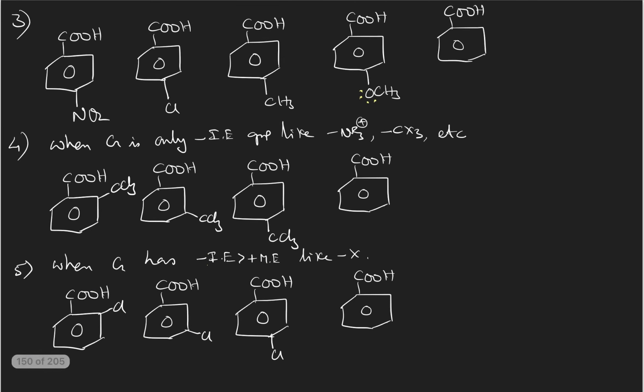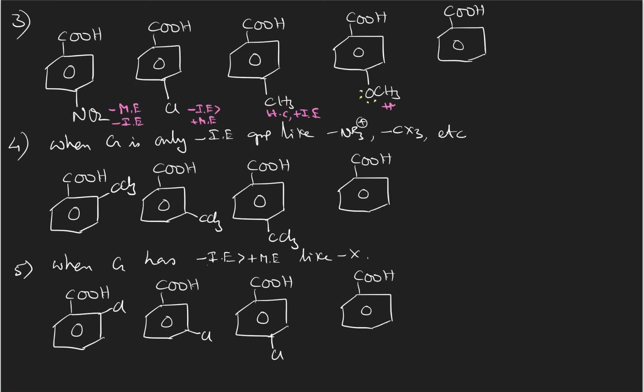Then coming to the same groups now at para position. When the groups are at a para position, mesomeric effect and inductive effect both are possible. So now if you take here, it is a negative mesomeric effect and also negative inductive effect. And here negative inductive effect is stronger than positive mesomeric effect. This also I already told you. And this is a hyperconjugation positive inductive effect, but positive inductive effect here is negligible as it is at para position, very far from the COOH group.